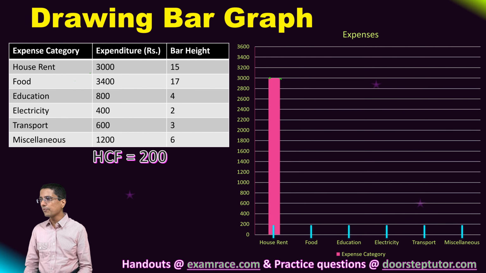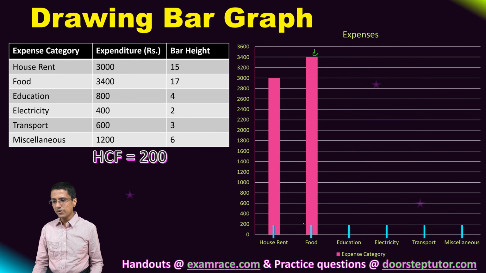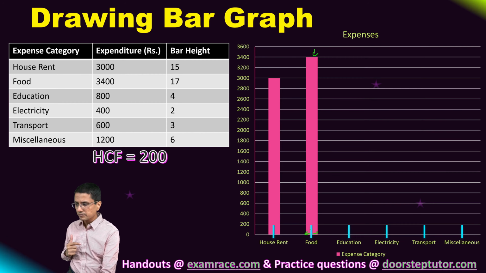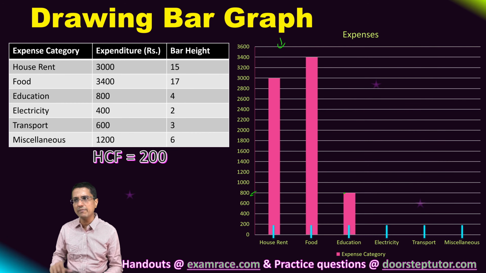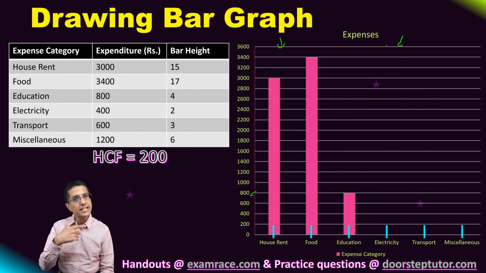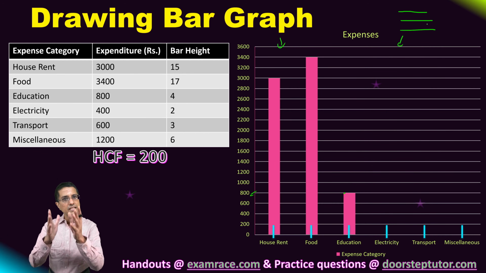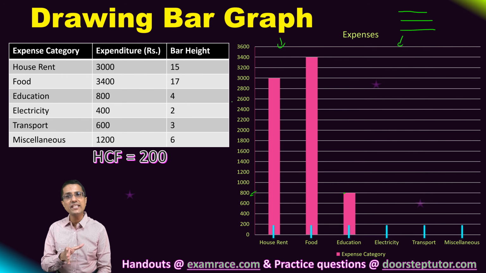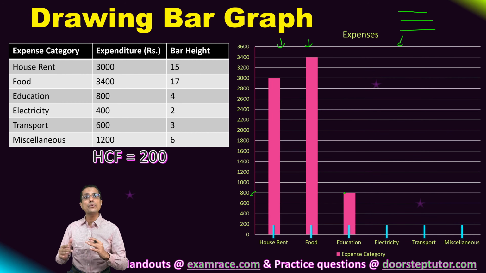The second bar, for food, goes till 3400. This is my second bar. It arrives right here, and notice how my bar is centered around the line that I drew in the beginning. The third bar, for 800, I can read from the y-axis. Very simple. Use graph paper preferably, because these lines you will get automatically. But in case you don't have that, use the lines in your answer book itself. If you don't have that either and you are using a plain copy, then draw these lines by scale. In that way, your bar graph would come out very neat.